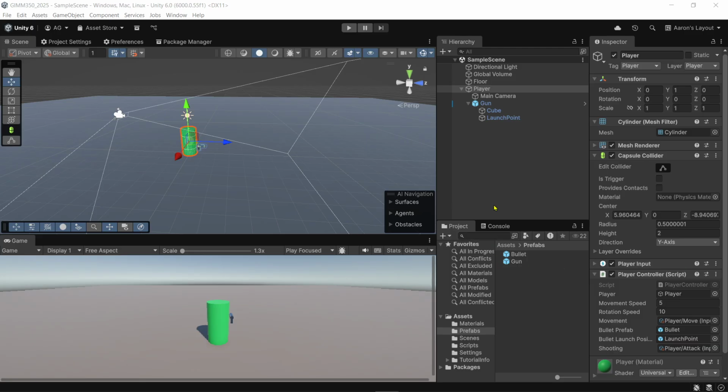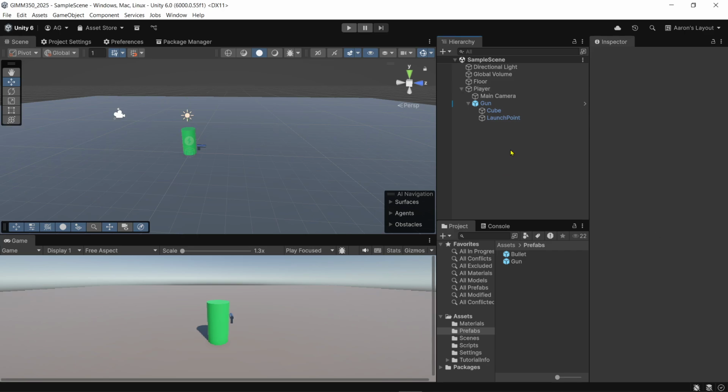Okay, we've got a gun, we've got a bullet. Let's create a pool of bullets so that we don't ever have to constantly be making and destroying, which then leads to garbage cleanup or memory starting to fill up, problems. So what we're going to go ahead and do is we're going to create in our scripts folder,